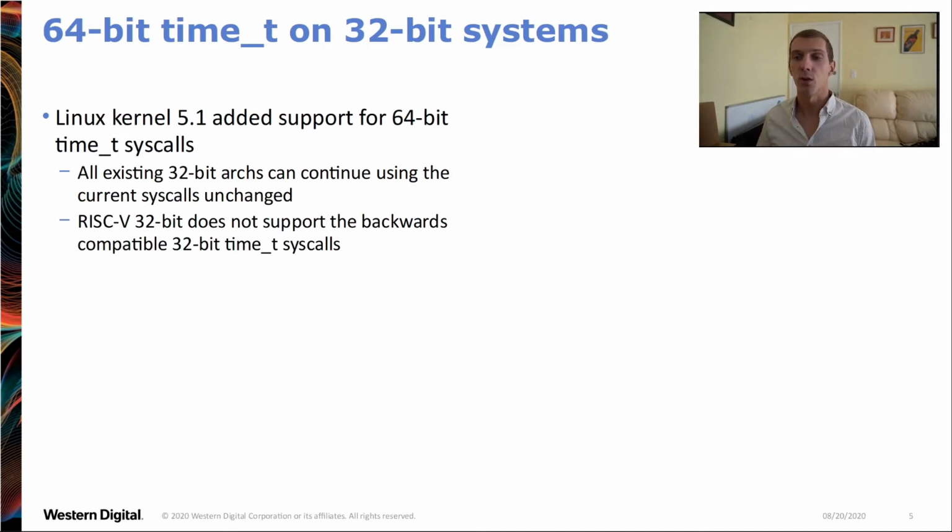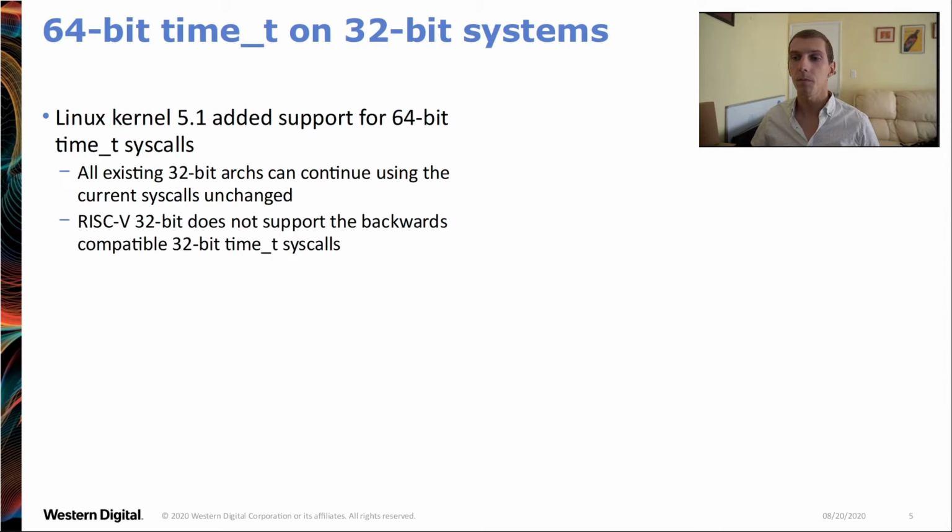So these new syscalls added in the 5.1 kernel expose a 64-bit time_t. All the original old syscalls are backwards compatible and still there. So on most 32-bit architectures, the idea is they can continue to use these 32-bit syscalls or migrate across to using the new 64-bit ones. Eventually, everything will be using these new 64-bit syscalls, and the 32-bit syscalls can be removed, ideally before the year